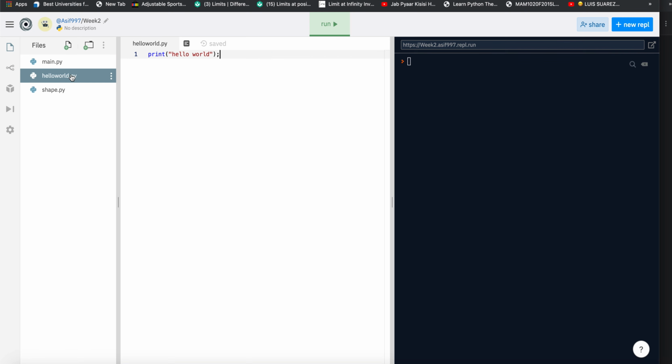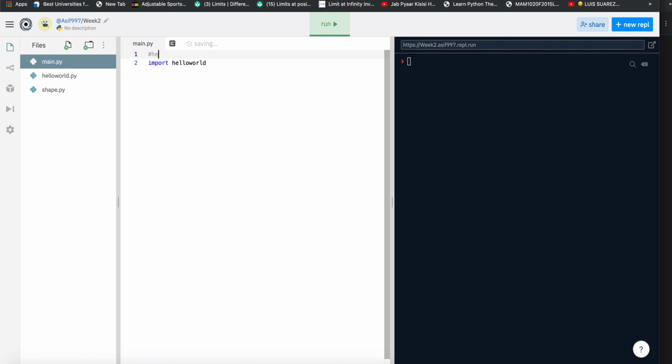So what we're going to do is we're going to just say import hello world, right? And then what I want you guys to do is I want you to write here a hash, then the name of the assignment, right? Hello world.py, and then I want to put import hello world. Same thing for the second one. Okay, before I go on to that, now that I've imported hello world, we're going to run this,